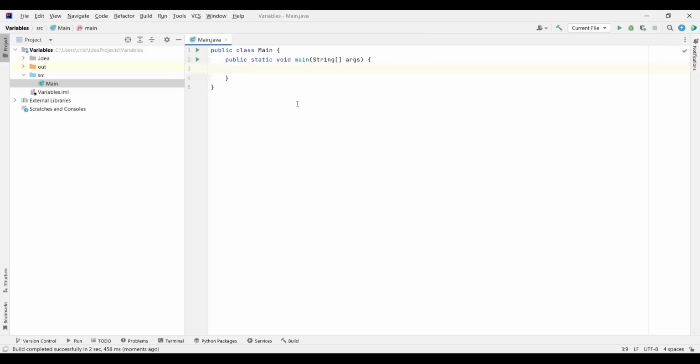Now, to create a floating point number, we're going to use first the float. We're going to type float. This is the keyword. Let's call it number equals, and here I'm going to put 3.14. Now, if I put a semicolon, I have an error. I have an underline, and it says required type float, provided double.